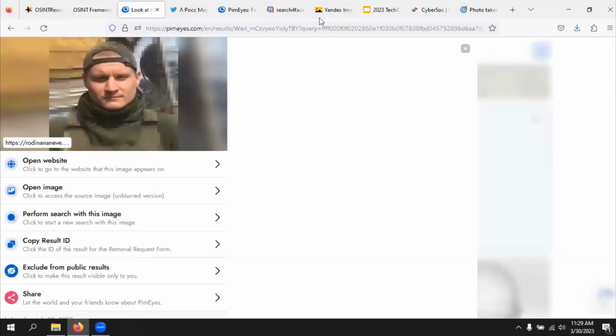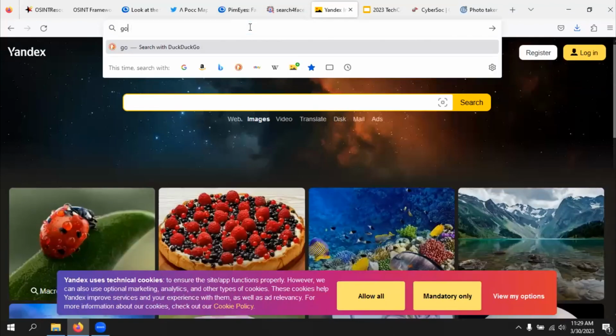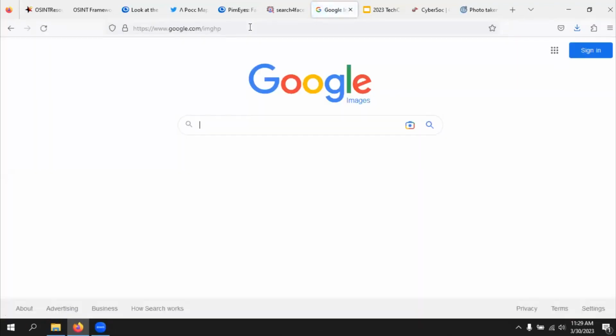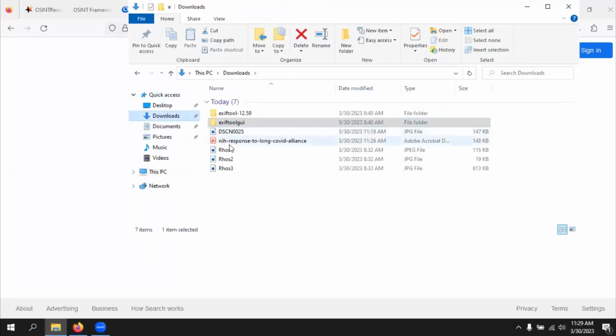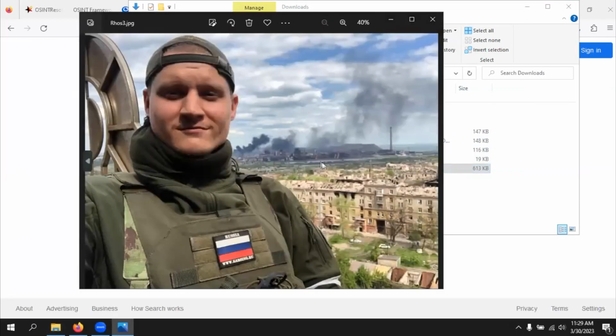There's, of course, other tools. Let's say I don't have any metadata, and I tried using something like Yandex image search, which is like a Russian image search tool, or I use Google Images, and I'm not able to find anything. Let's say I go back here and I don't have any details about where this image was taken, for example,